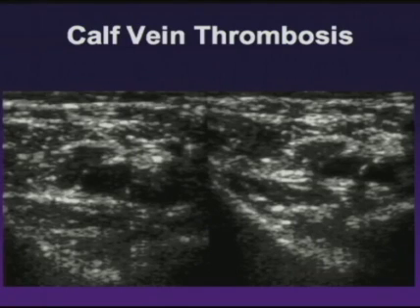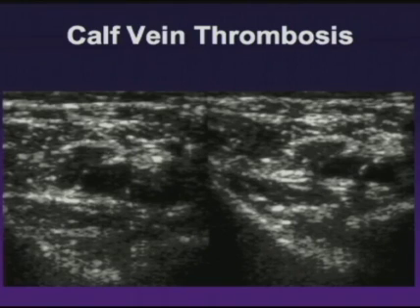That is to say, if you find a filling defect in the calf vein, it is almost certainly acute venous thrombosis or scarring. The issue with calf vein thrombosis is sensitivity, and depending on the studies performed, sensitivity may be as low as 50% up to 85%, depending on the patient's clinical indication and